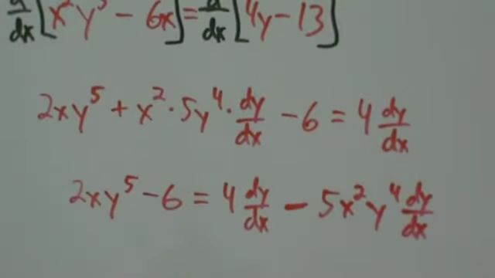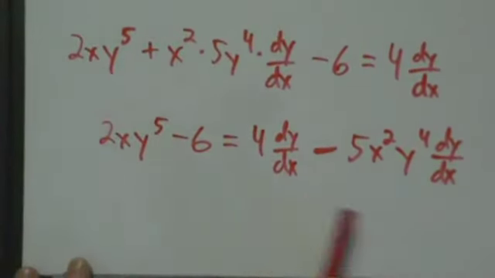Okay, so just remember that this is x squared times 5 times y to the fourth times dy dx, and it doesn't really matter which order you multiply things in, but of course it's customary to put the constants first. Okay, the coefficients out here come first, and then x's and y's and dy dx. Alright, anyway,